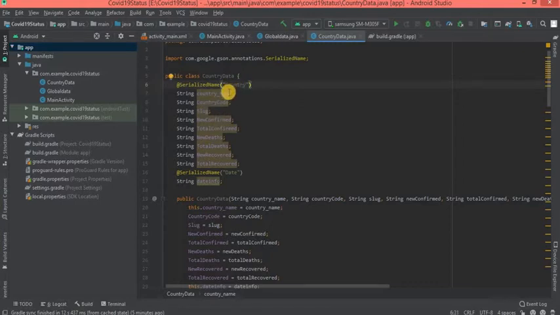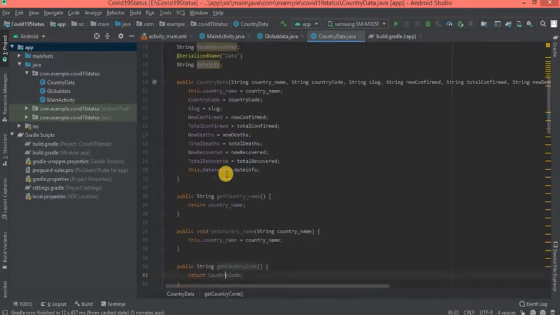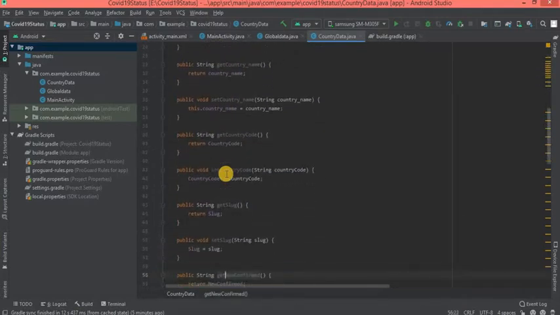Then this annotation will map the corresponding field with this attribute. Likewise, I have mentioned date as date info. Here for mapping, I have used SerializedName by passing the actual field value as a parameter. Here I have created a constructor and getter setter functions for all attributes. Now the model classes for country and global data are over.